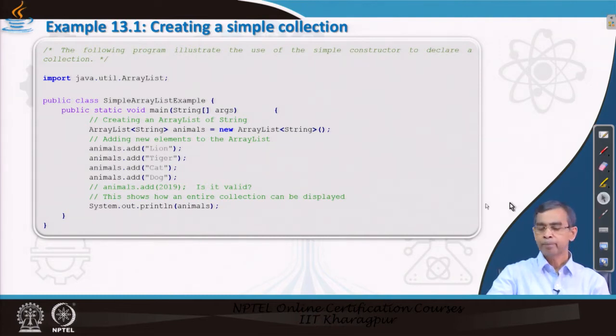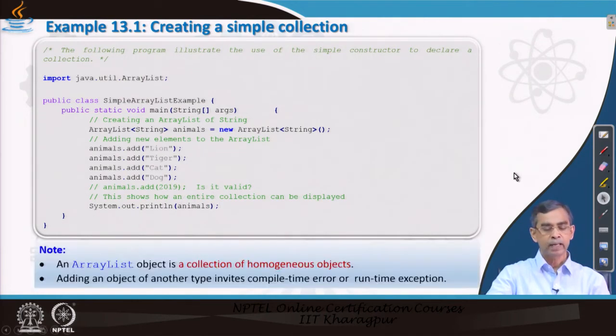but what will happen if you want to add, suppose, this one, because it is basically a string collection and this 201 is supposed to be a number? It may give an error in your case. It basically throws some type mismatch error in your program if you do it. So, you have to be a little bit careful about how the array is initialized one by one, so that the type mismatch can be avoided.